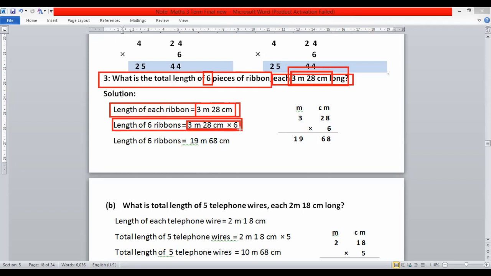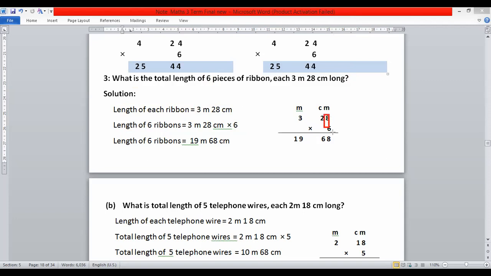Dear students, it is not easy for you to directly multiply. So you have to write 3 meter 28 centimeter by 6 in vertical form. So write the vertical form here and then you will get the answer. Write meter one side, centimeter another side. You have done this type of multiplication in many sums above and you have understood. So here we write 3, because 3 meters are given, and 28 centimeters are given. So 3, 28 and multiply by 6. After that, you have to adopt the same rules to multiply meters and centimeters.